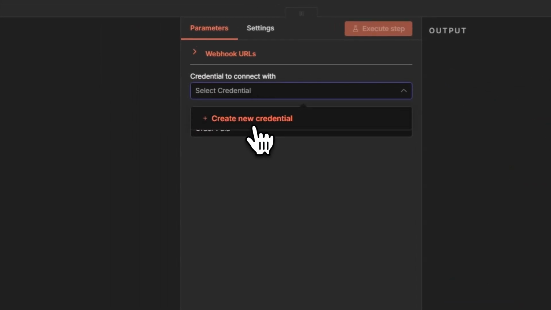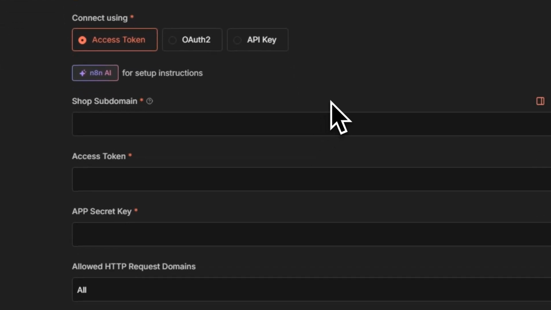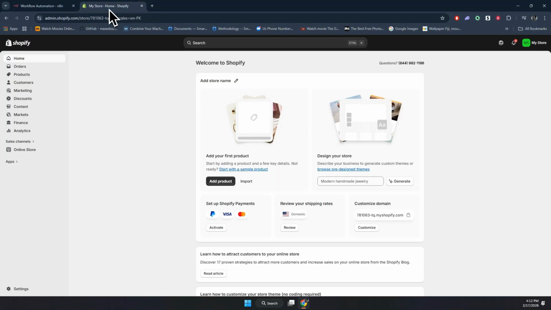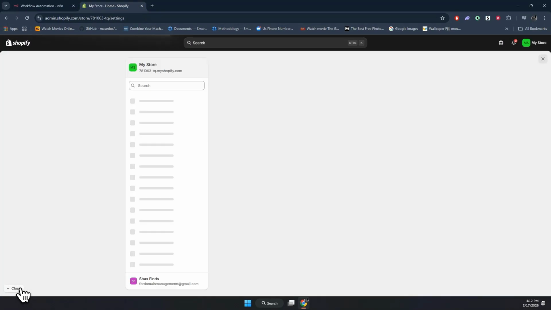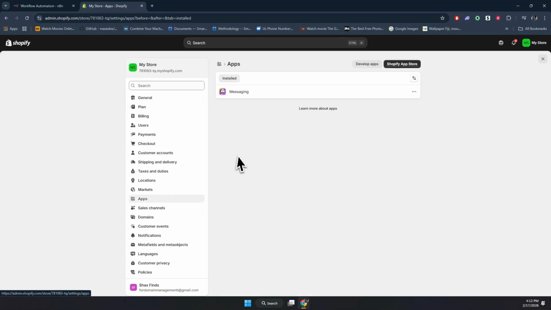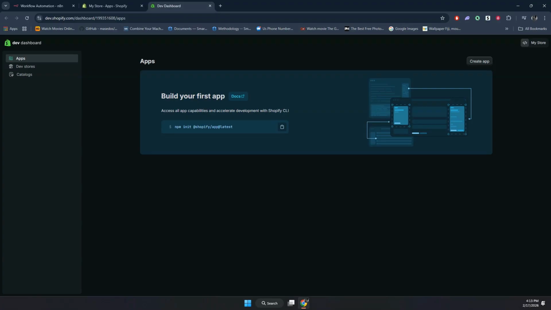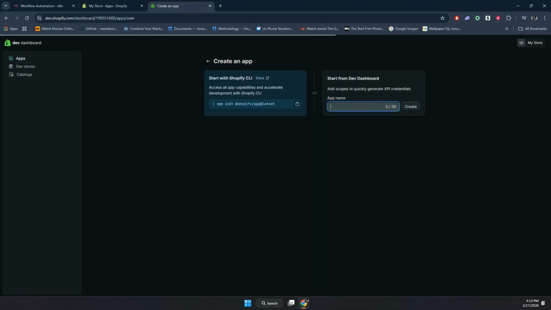Next, you need to create new credentials. Select OAuth2 as the authentication method. To do this, open your Shopify admin and go to the developer dashboard from inside the Settings tab. Here, click on the Create App button at the top right corner and name the app something like N8N and